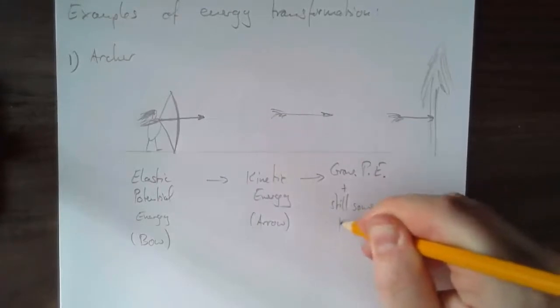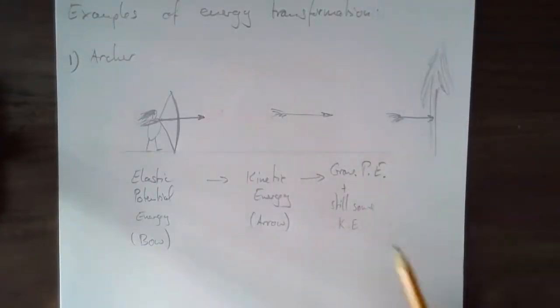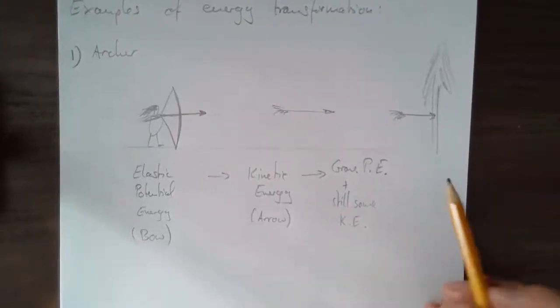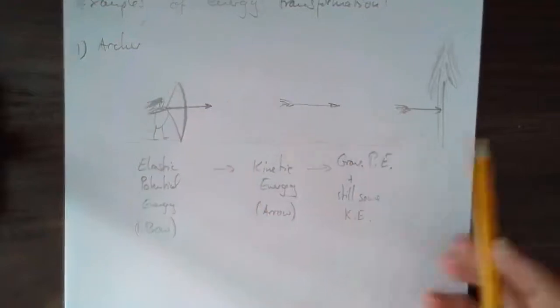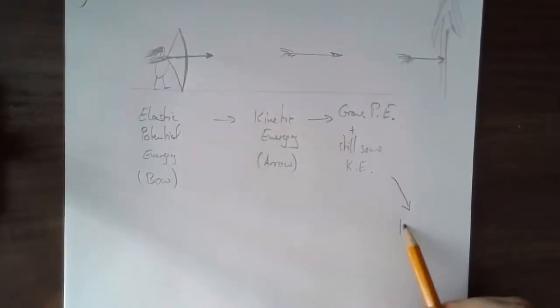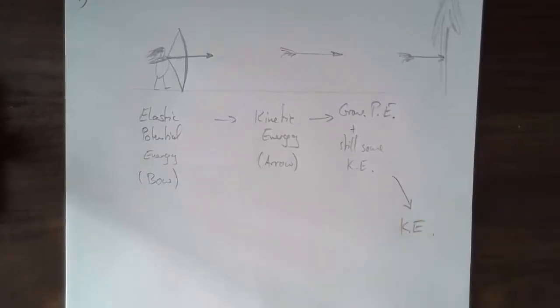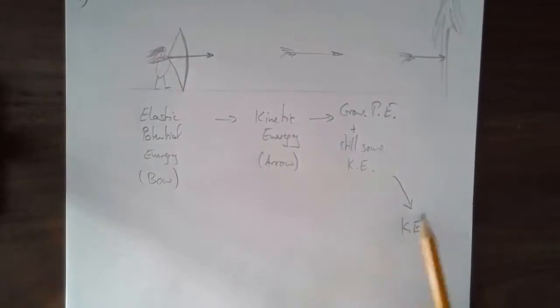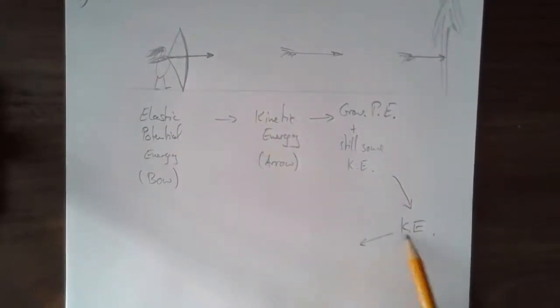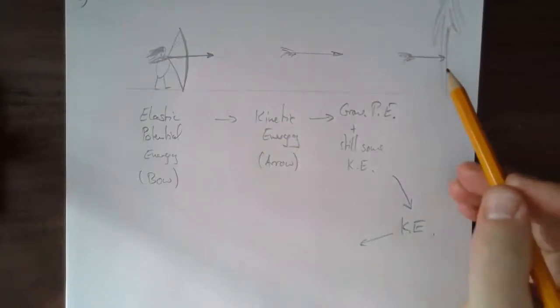It doesn't ever quite stop, even if it goes up. It's still going sideways, for example, even at the highest point. It might come back down, in which case it speeds up again, so I'm going to go all to kinetic energy, KE, kinetic energy. Then it'll get stuck in the tree, and at that point the kinetic energy is, well, it disappears, but you